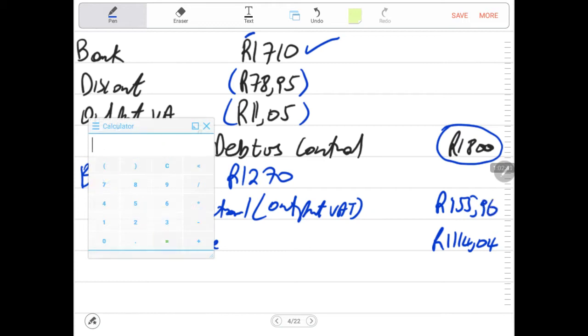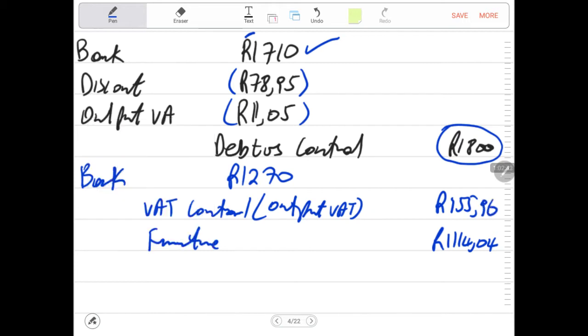We sold furniture in this case for cash, and this is the cash that we received for the sale of that furniture. So straightforward, but this will be recorded under bank, under VAT control, and this amount will go